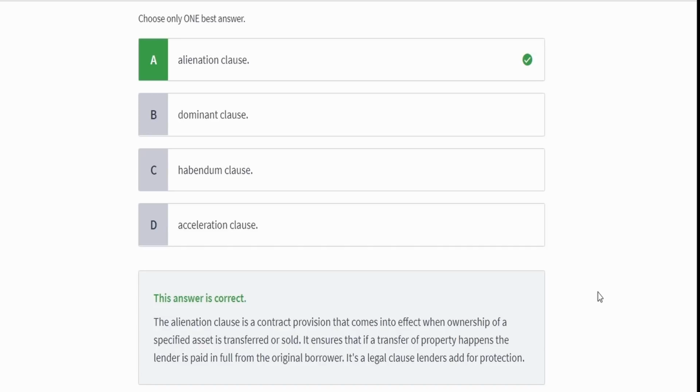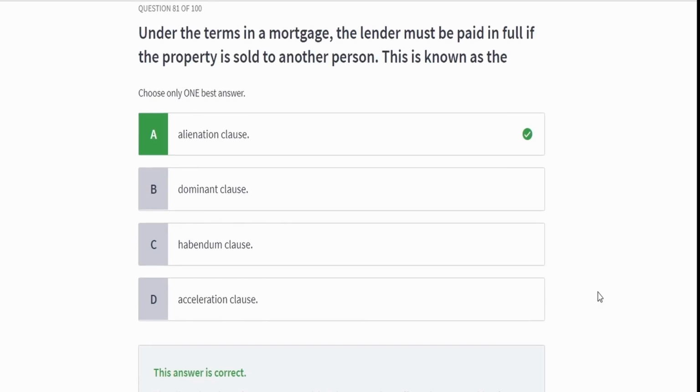Yes, okay. So the alienation clause protects the lender, while other clauses protect the borrower. But I will give you guys a little hint here. Most contract clauses protect the lender. That's just the way it is. And think about it. They are investing a lot of money into essentially random people. And that's why the credit scores are so important. That's why they're looking at these things to protect themselves.